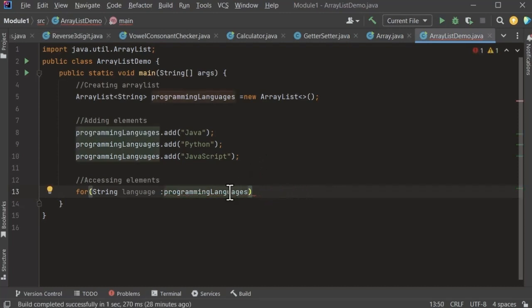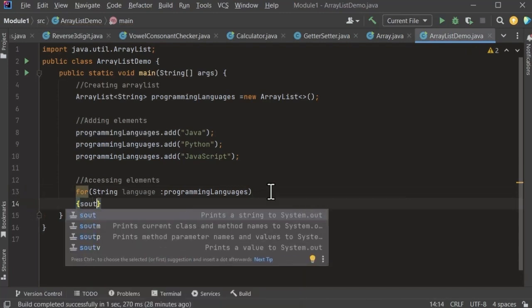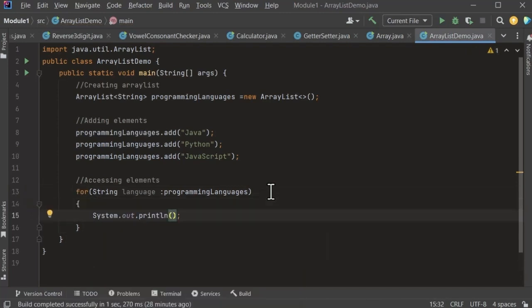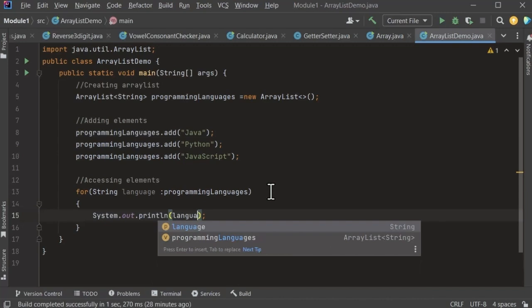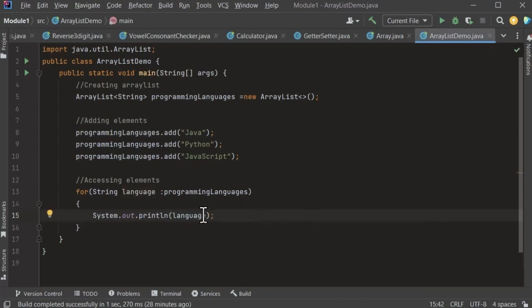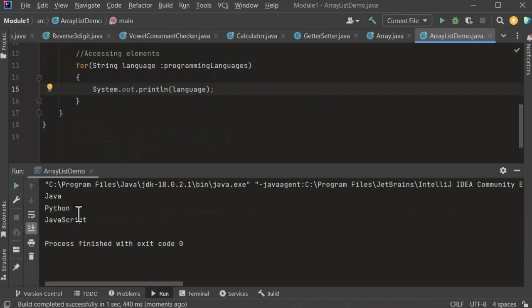Yes, this much. And what we want this to do, we want it to display. So sout and then the variable language, or we can say not variable, it's a control that we have set on programmingLanguages. This is the control. So shall we try this? This much at least we can have. So Java, Python and JavaScript all are there.